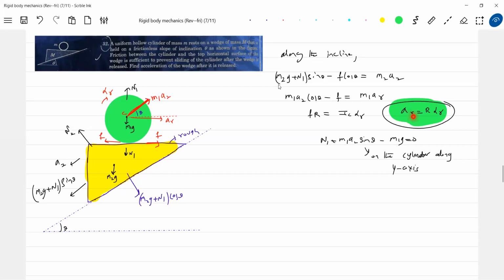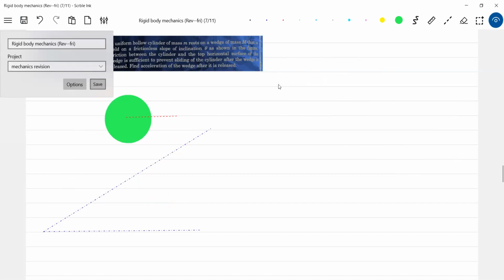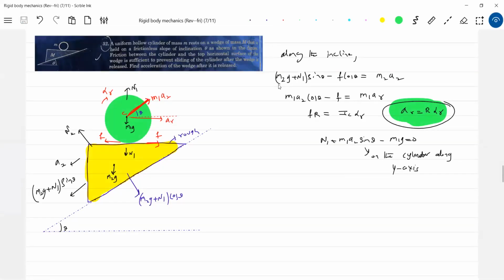Will you agree with this part? Yes, sir. Because we are describing motion with respect to the wedge frame, you should not go for acceleration of this point again. If you are doing it with respect to the ground frame, then acceleration of this point should be used. We are doing it with respect to the wedge frame. So this is very important. Sometimes we may go wrong because we got habituated to the no-slipping condition, where the acceleration of this point should be equal to this. Directly we are describing the motion of the cylinder with respect to the wedge. So therefore this is justified, no. This is very important. Somewhere we may go wrong. That's why this is very important.